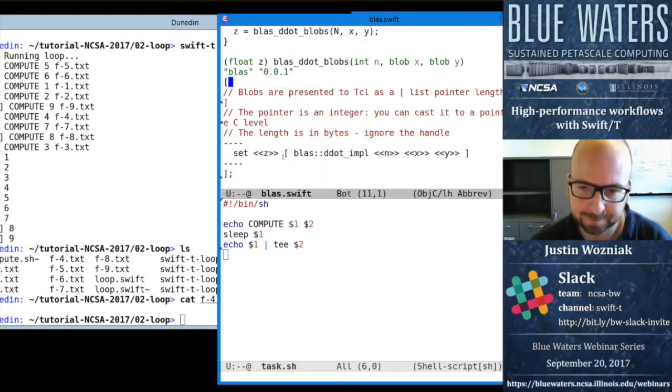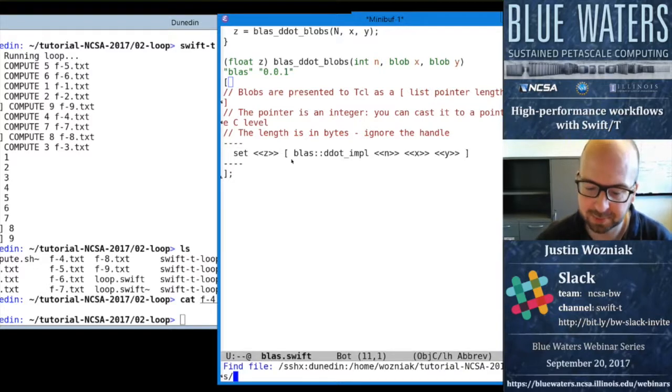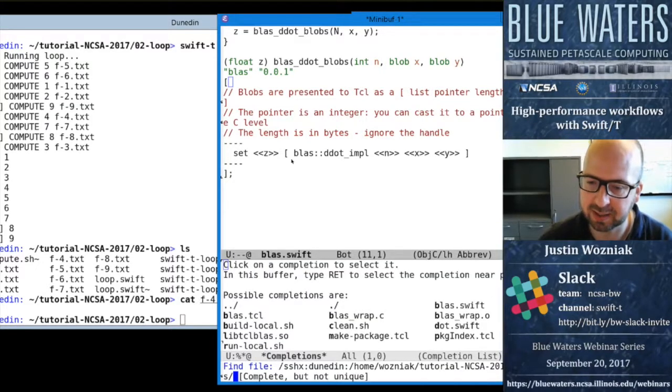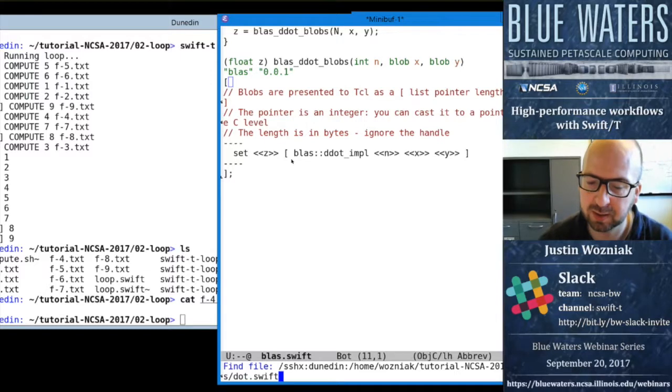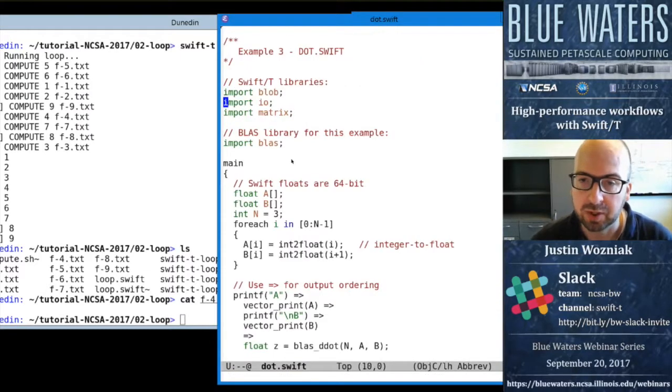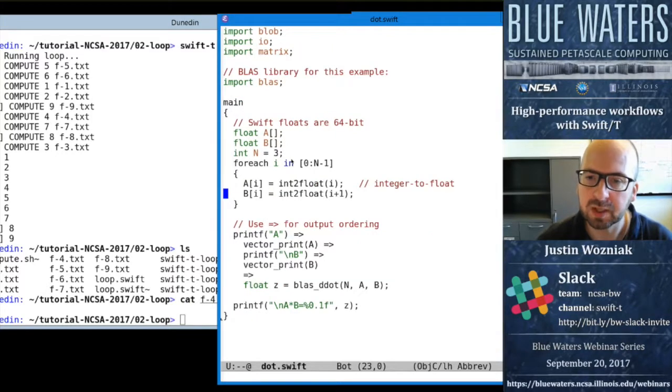Okay, so now I'm moving on to the BLAS example. This is where I said I was going to show this kind of unique feature in Swift for calling directly into libraries. So in this workflow, which probably doesn't look very much like what you'd normally think of as a workflow, this is just a toy example to show what kind of things you can do. Again, normally we would call into some component like a whole simulator or something like that, not into just BLAS itself. But this is just kind of a stunt to show that we can call into